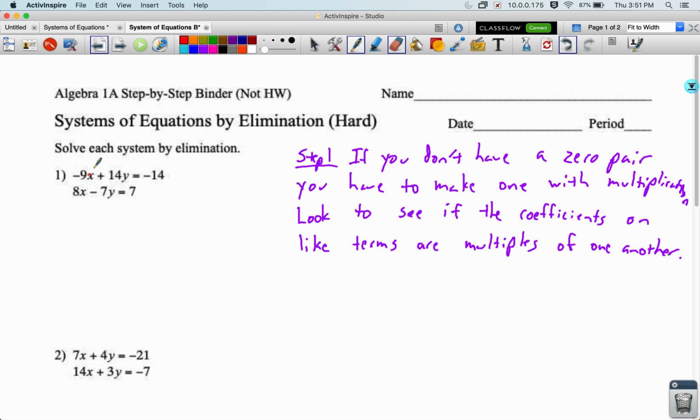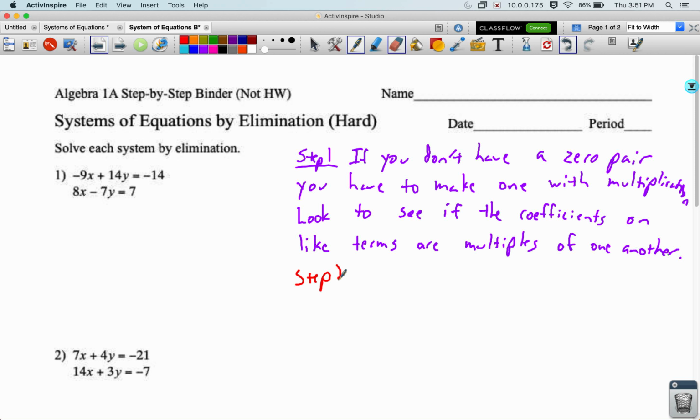So let's see if that works with x on our first example here. Can I get to a 9 from an 8 by multiplying that 8? Nope, doesn't work. But if I look at y, can I get to a 14 from a 7? I'm ignoring the sign right now. Can I get to a 14 from a 7 by just multiplying that 7? I can. 14 is a multiple of 7. I multiply 7 by 2 and I get to 14. So that makes this problem a little bit easier. It still isn't as easy as just having a zero pair, but because they're multiples, we can move on to